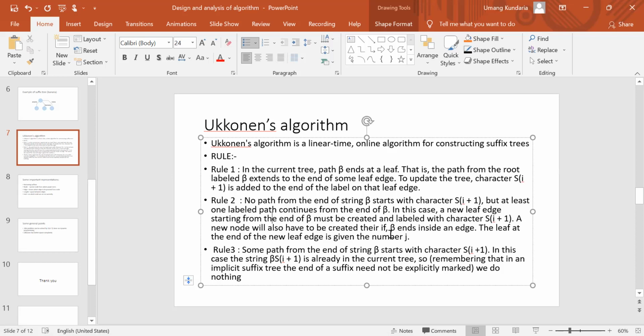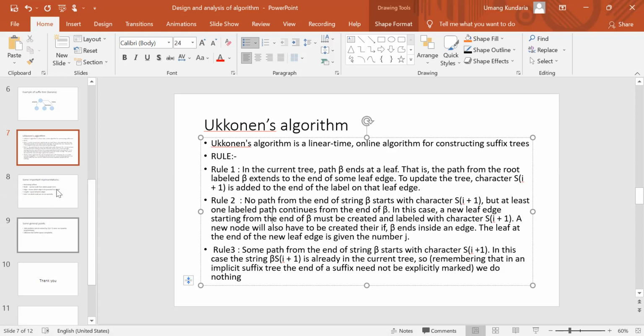That rule is useful when a character repeats. For example, in Adidas, A, D, I, D, when D comes again, rule 3 starts, because we need to give proper structure to the suffix tree, and edge and length of the trees also matter.